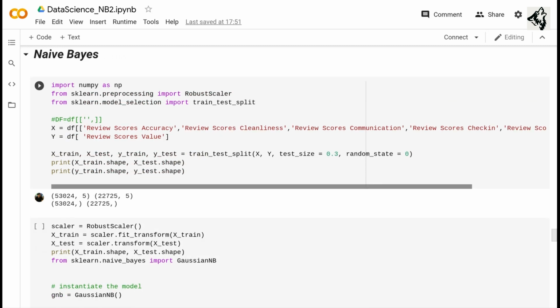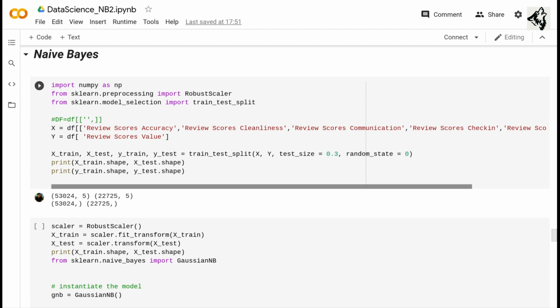Naive Bayes is a classification technique based on the Bayes theorem with an assumption of independence among predictors. To put it simply, a naive-Bayes classifier assumes that the presence of a particular feature in a class is unrelated to the presence of any other feature.